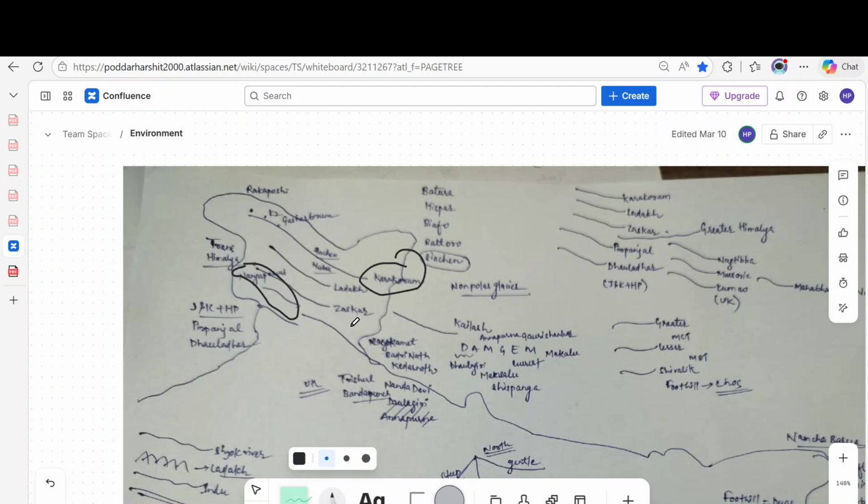you have the whole lot of peaks like Mount Kamet, Badrinath, Kedarnath, Nanda Devi, Trishul, Bandarpunch. So Bandarpunch where the Yamuna river is originating. So there's a Badrinath, Kedarnath is there only and from Uttarakhand we need to focus at the Nepal borders,